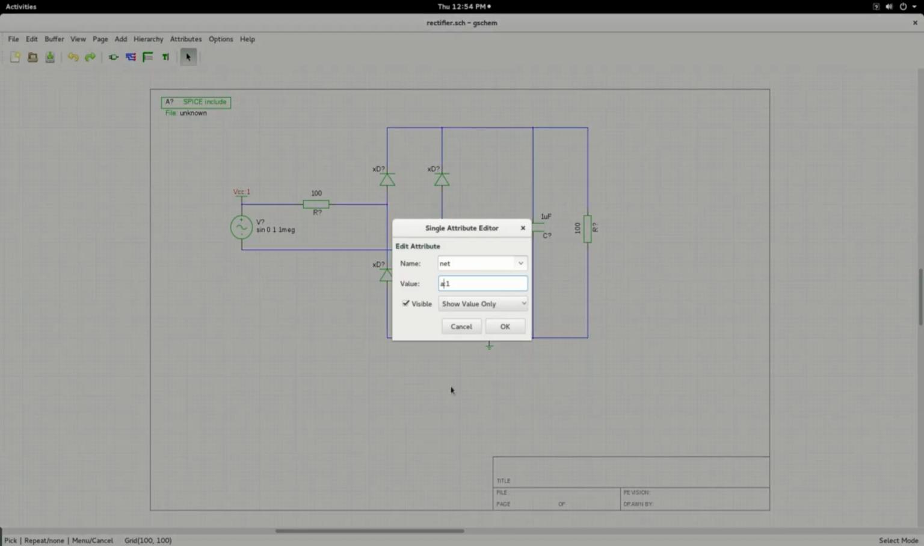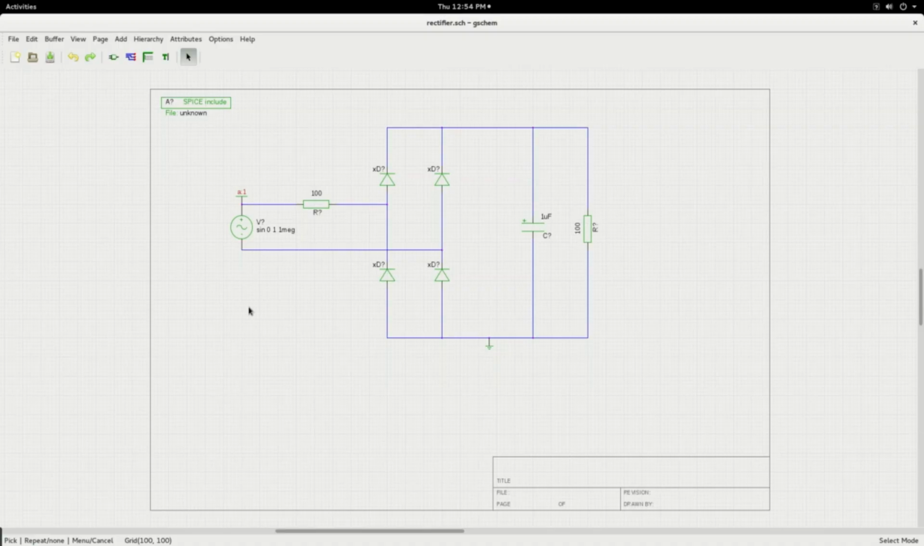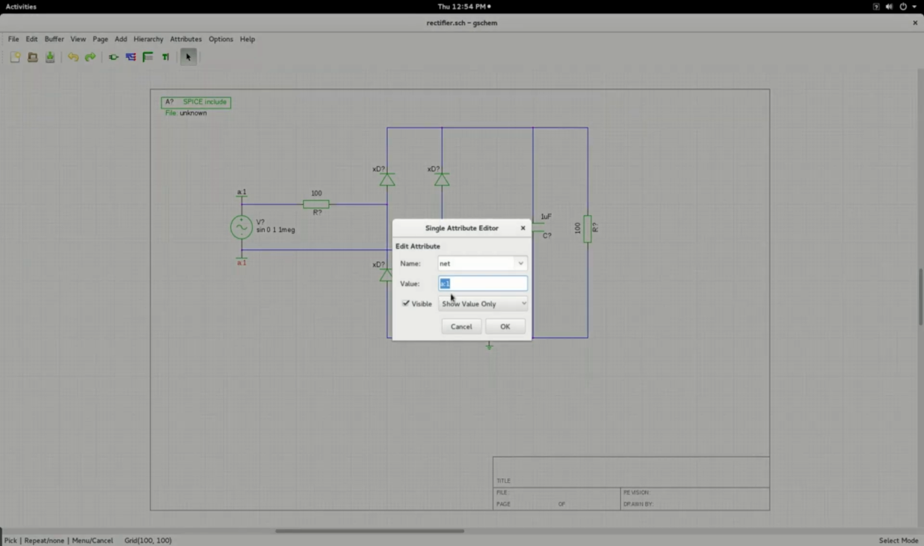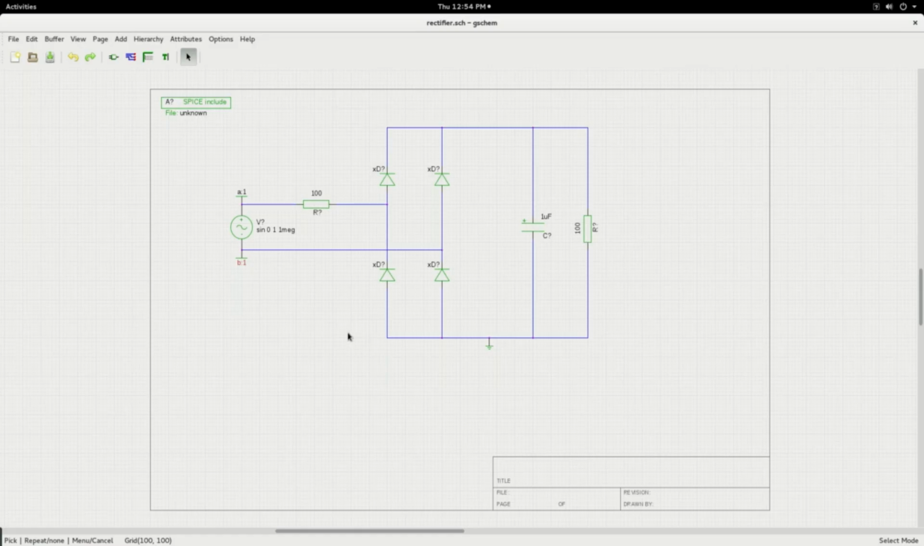So let me call this node A, and I will copy this, paste it, rotate it, and call this node B. By this, I have given a conscious label to this node. Now when I want to refer to the input source, I will say VA minus VB, which will give me